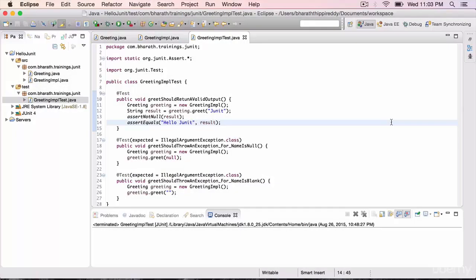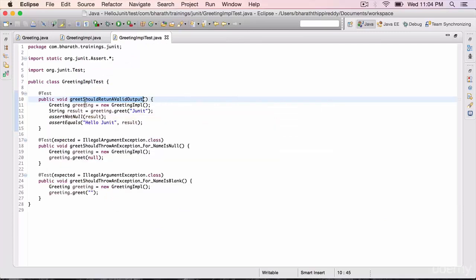In the JUnit framework introduction lecture, I have mentioned the @Before and @After annotations that can be used to mark the setup and cleanup or teardown methods that will be executed before each test method and after each test method respectively, so that we can set up all the objects or the data that we require for each test case in the setup method marked with @Before, and we can clean up those objects and data in the method marked with the @After annotation. In this lecture, you will see those two in action.